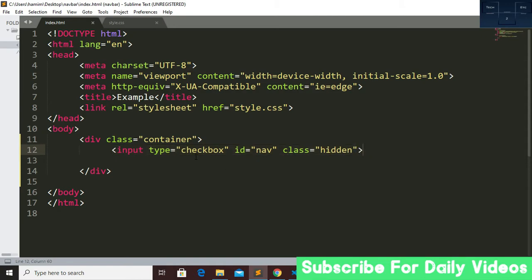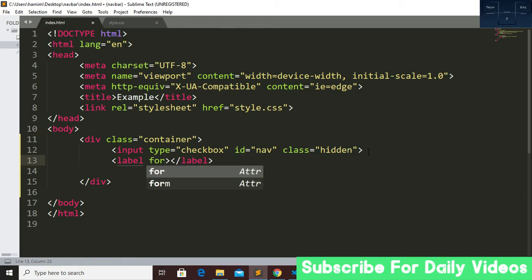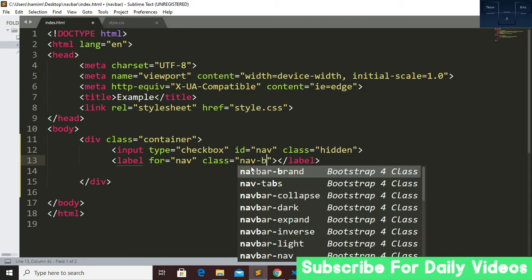Now we have to create a label tag also, and this label is for the nav id. So this label we are creating is for this input, and here we will give our input id, nav. When we click on the label, it will go to our input, so that's why it is for nav, and give it a class name of nav button.